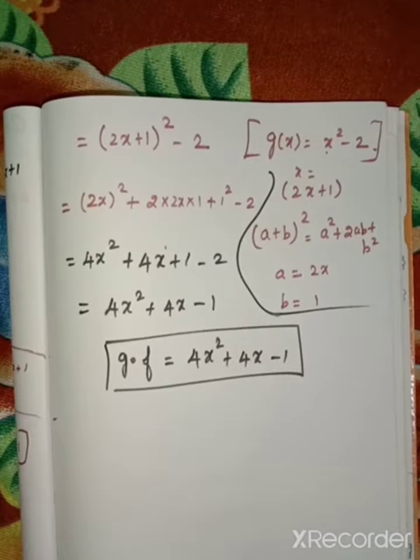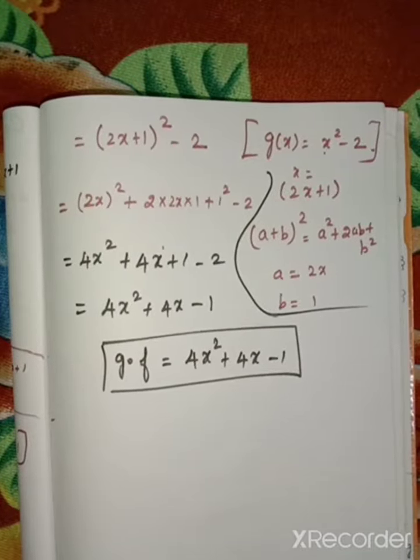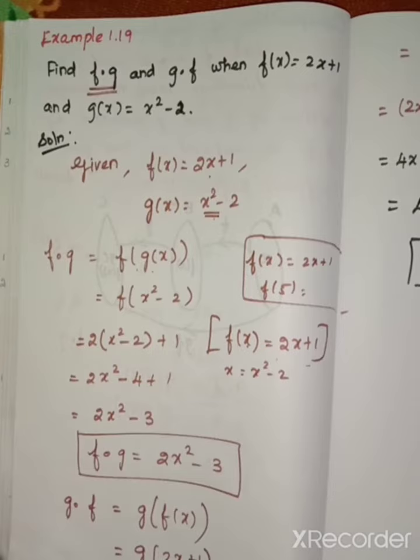So now you are clear with f of g and g of f. Again I will repeat: if we want to find f of g, we use f of g of x. Likewise, to find g of f, we use g of f of x. We just substitute with the two compositions. At that time we use both compositions. This is the method for how to solve, to find the expression or any value like that.